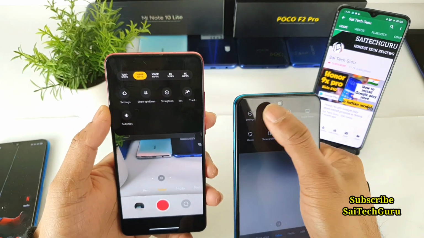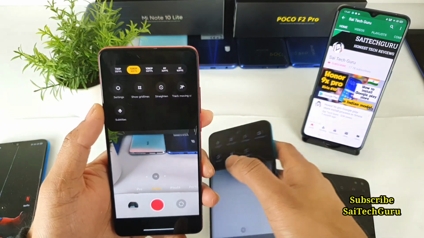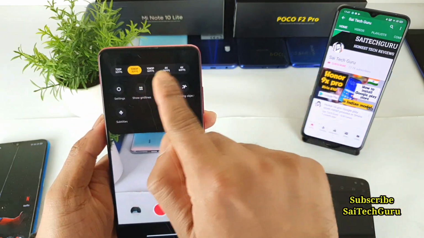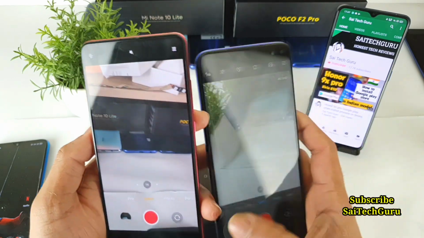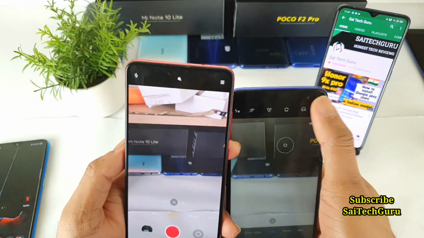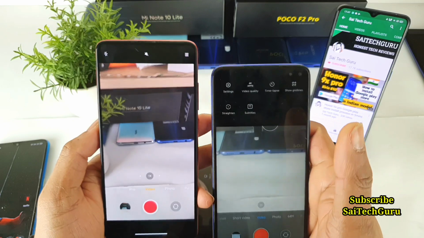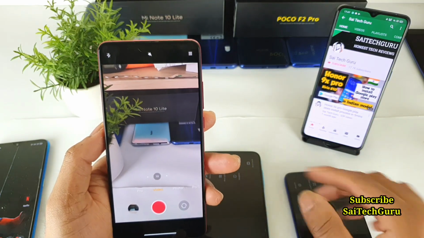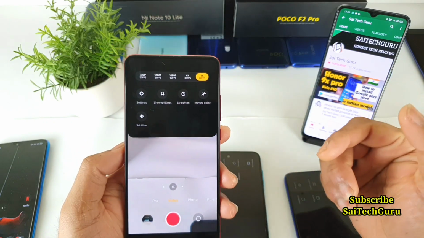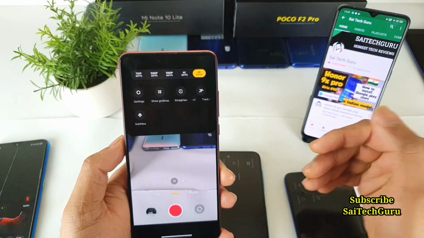So you need to tap 5 times to access the 4K 30. But right now it's pretty straightforward. You can just select with 2 clicks, it's possible. So this is one advantage which I have felt. As you can see, if you want to go to the 1080 30 FPS, you need to tap 2-3 times extra. So this is one shortcut which is a very good, useful feature according to my opinion.